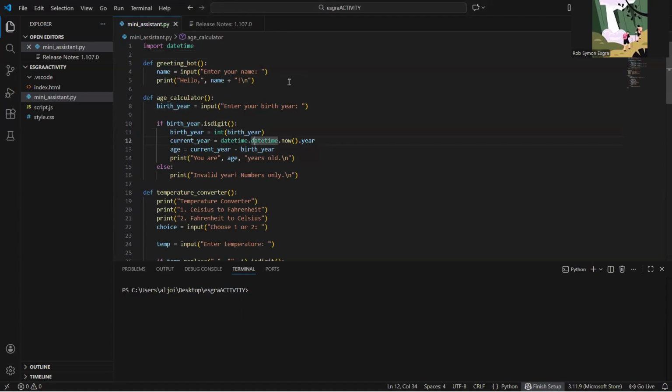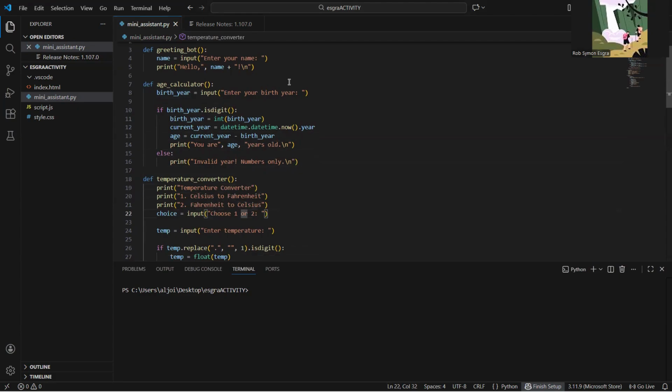We'll get the current year automatically. Then the age calculation is the current year minus the birth year, and then it will print "you are 21 years old". Then the else is for invalid input.